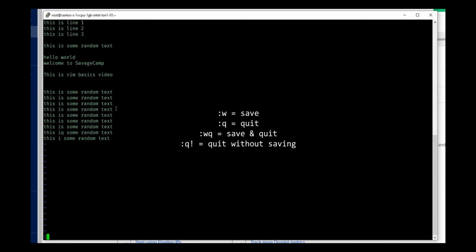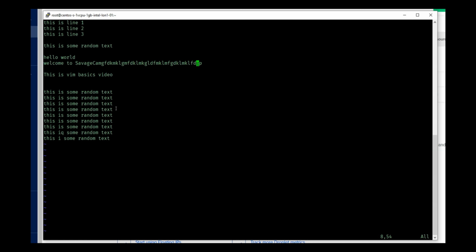And if you want to quit, so suppose I made some changes, let me remove that and go into insert mode, and I made these changes, but I don't want to save this. So I will do :Q, and then it will say no write since last change, add exclamation to override. So because we made changes, but we did not save, it is not going to quit. So it will either ask you to discard all the changes or to save and quit. So in this case, I'm going to do :Q and an exclamation at the end to quit without saving.